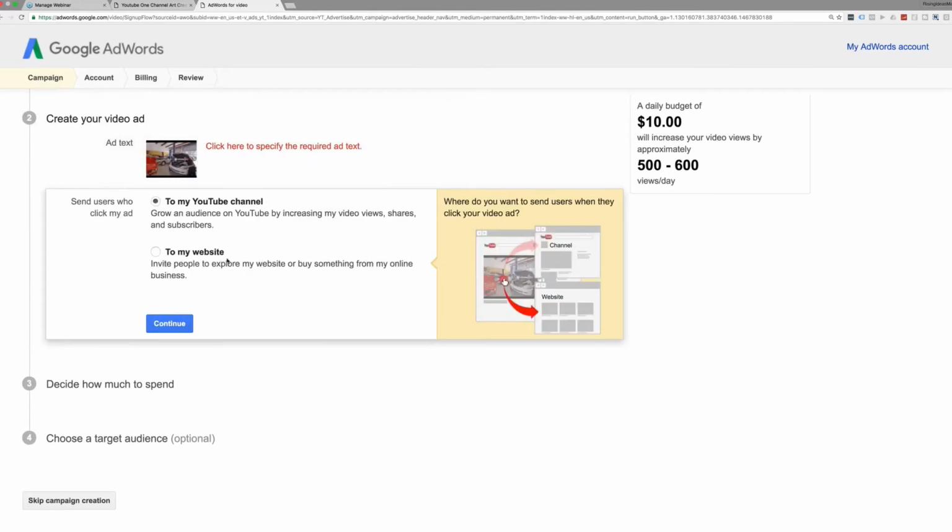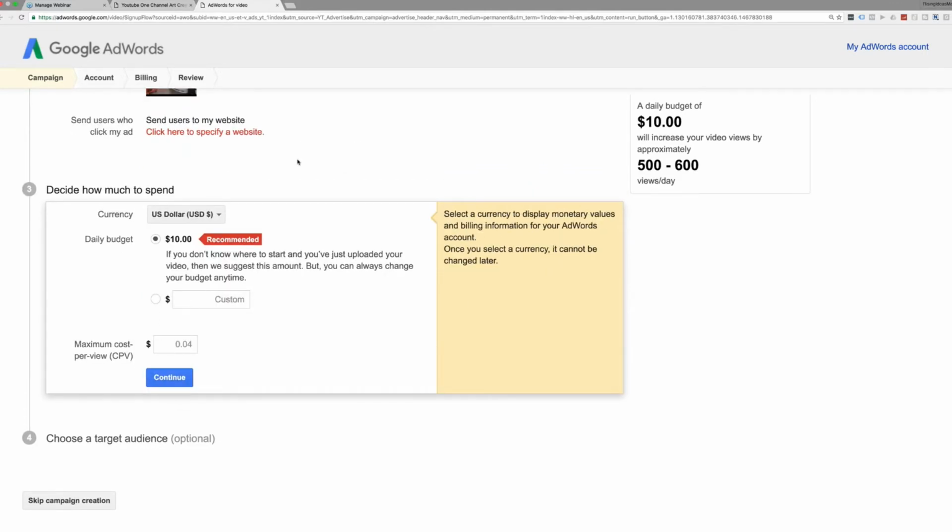Click continue. Here's where we choose, where do people who click my ad go? Well, do they go to my YouTube channel? You can have them do that if you want, or you could send them to your website. And this applies to the InStream ad, right? So website, that little link that we saw when we were looking at that silver car ad, and I clicked on it and it took us to a video. What they did is they put their video URL right here instead of their actual website, when they should have put their website.